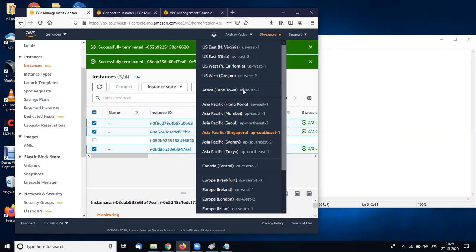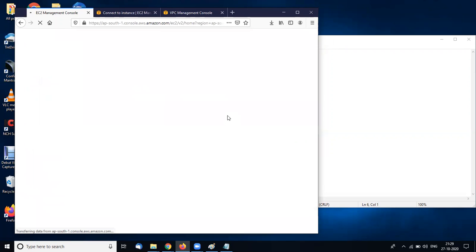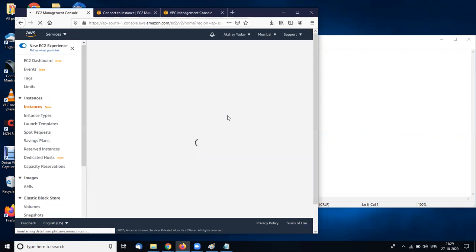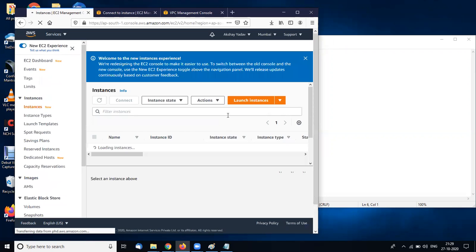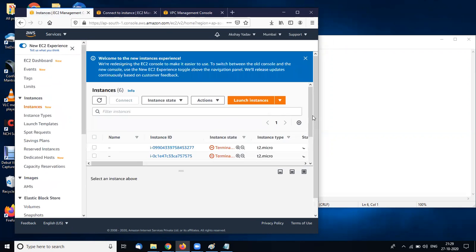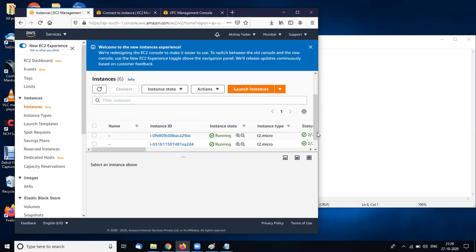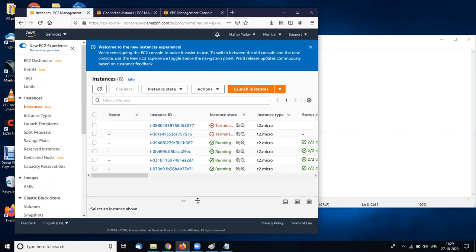In Mumbai region, I already have two servers. So the auto scaling group launched servers. Oh my God, I have lots of servers running as per my load.